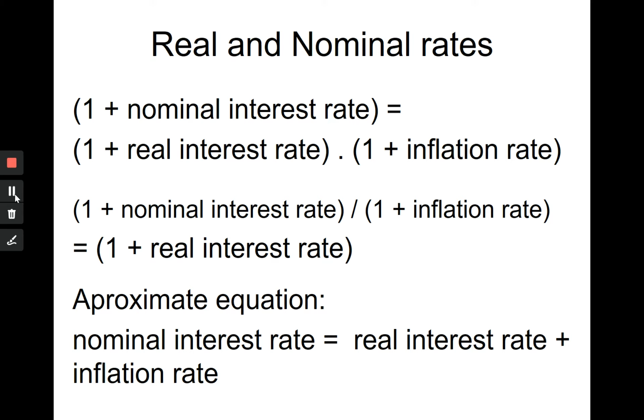And of course, you can divide both sides by 1 plus the inflation rate, and you get a formula for calculating the real interest rate. 1 plus real interest rate, or this x unknown,